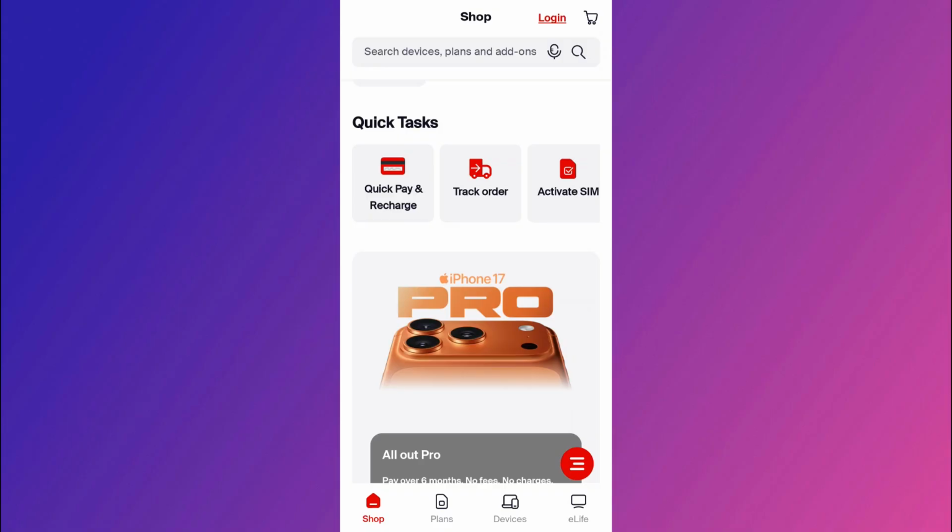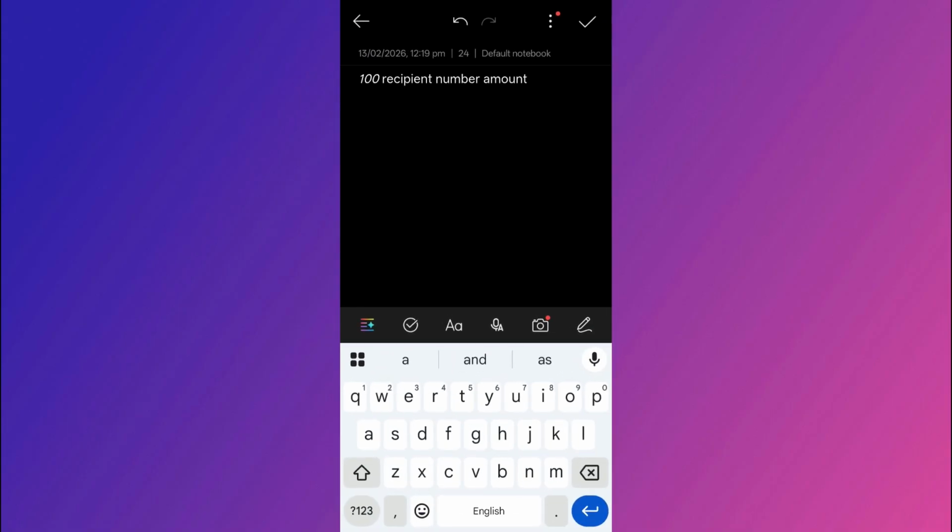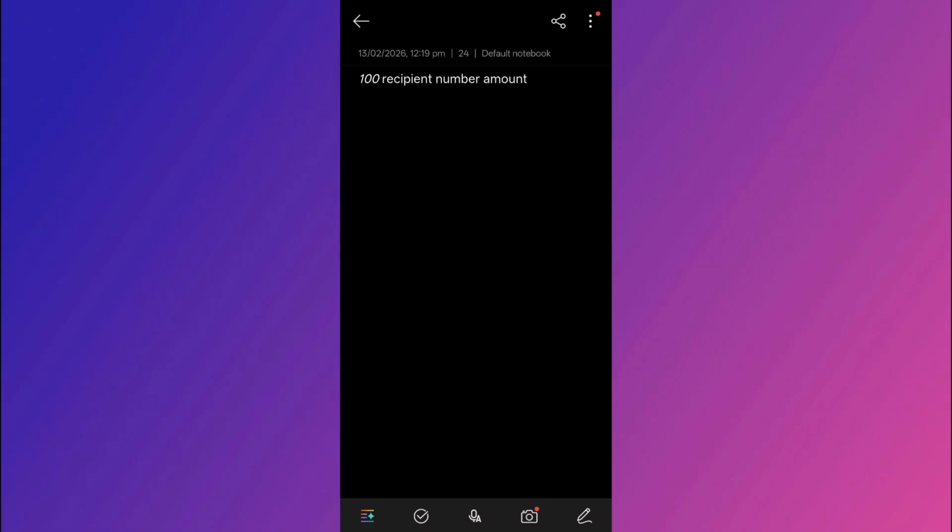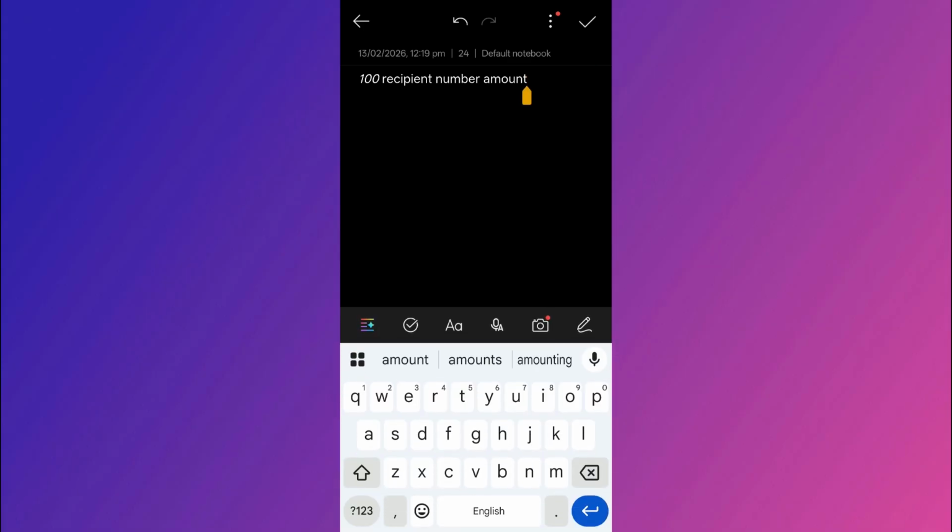So first of all, the easiest way to send the credit is by using a quick code. For that you just have to open the phone's dial pad and in it you need to type *100*, then you need to add the recipient number and the amount. So for example, if you want to send 10 dirhams to the number, let's say 050 or 123 whatever, you will type